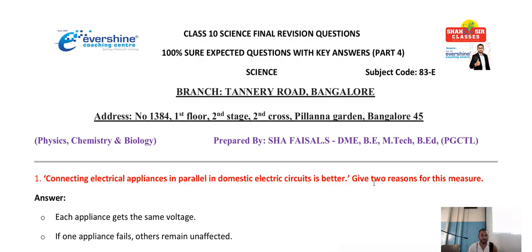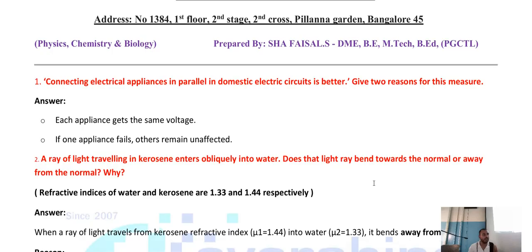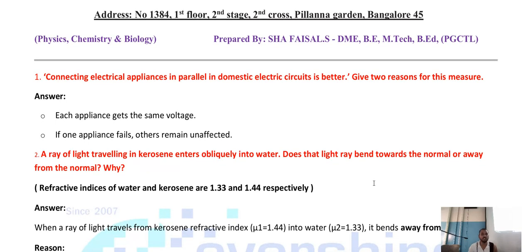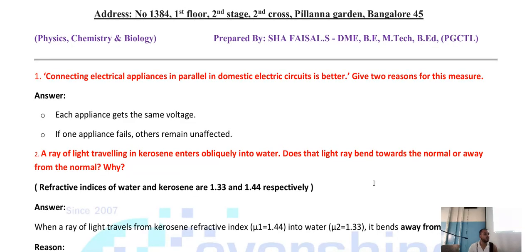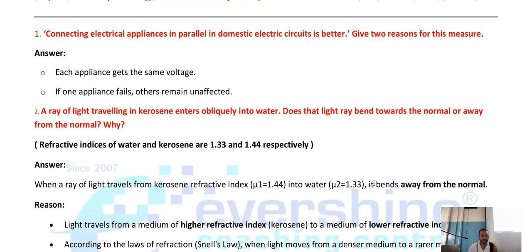Similarly, in our previous videos, part 1, part 2 and part 3, we have covered all the diagrams, structures, functional groups and the top 30 questions. And in this video, we are going to cover the next top 30 questions, and also I'll let you know which type of questions can appear and how you are supposed to write the answer for that. And the same question, in which different ways they can ask you, so that it will be easy for you to score in the upcoming board exam.